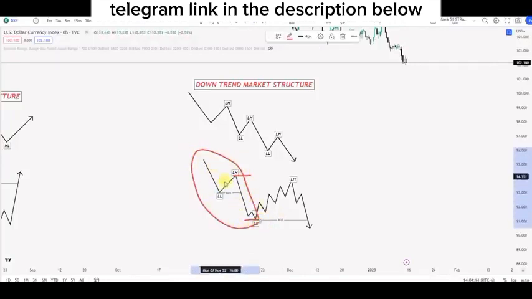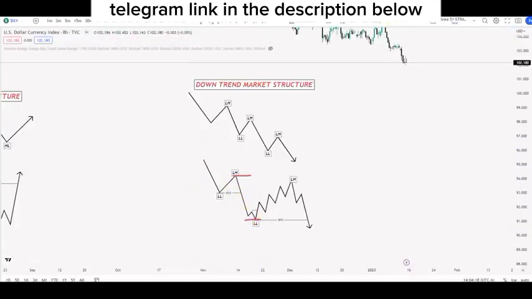So once you identify this structure here, lower highs, lower lows, you automatically know that you're only looking for a sell position. So what you do is you go to the 1-hour time frame and you wait for a mini lower high that led to a lower low to give you that confirmation that we are in a pullback. And then you have a change of character, and then you have a pullback here. Okay, once you get this pullback, you basically buy this market